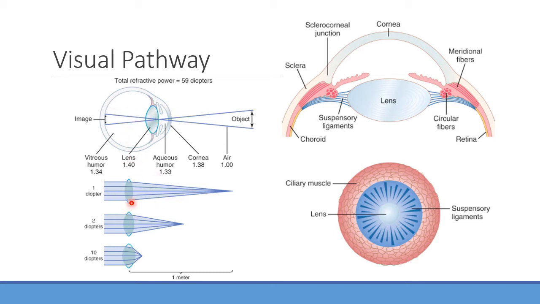And so when you're looking at how well the lens can refract that light, this is where you can see how we can change the shape of that and change where the focal point's actually going to be. But anyway, some things to note here. So again, the light's going to travel through the cornea. The lens, notice here we're going to have these suspensory ligaments. These are important because this is what's actually holding the lens in place, and by changing how the muscle around those ligaments is being constricted or relaxed, that can actually affect how the shape of the lens is going to be conforming there. So what else? We're also going to have, again, the ciliary muscle here. This is going to be the big thing that's affecting those suspensory ligaments around the actual lens itself.